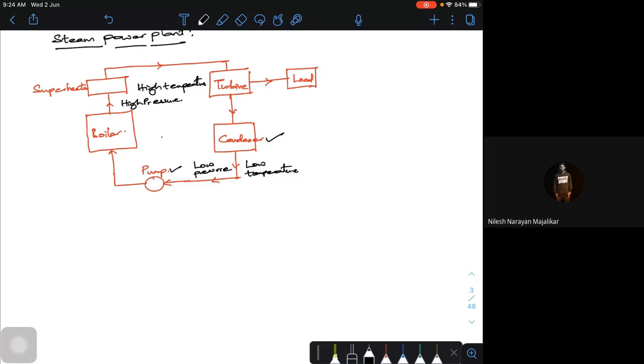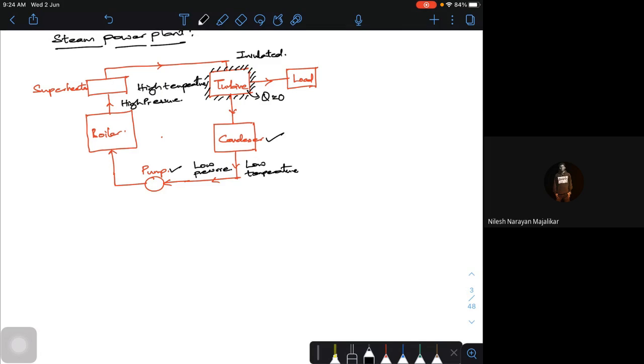So what we try to do actually most of the times, this turbine is insulated so that the heat loss is almost negligible. Heat loss, okay, insulated. Never ever call it as heat loss is zero. Heat loss is negligible. That means if it is a power plant of 100 kilowatts or 100 megawatts, and the heat loss is a few kilowatts, 2 or 3 kilowatts or 5 kilowatts, 10 kilowatts, it is negligible compared to the megawatts, the capacity of the turbine or capacity of the power plant. Okay, that's it actually. This particular steam power plant will work like that.